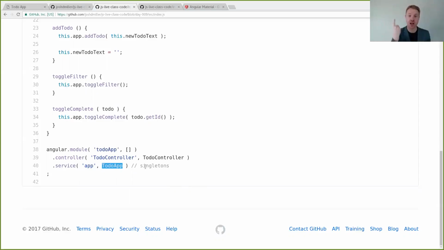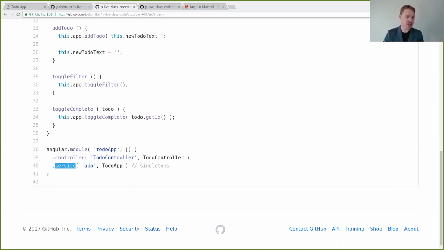It's only going to be instantiated one time. So we've just said that we have this service, right? Because think of model view control. A service is like a model, right? And if you think about it, that's really what our to-do app is. It contains some logic, but it's really just models, right? So you define those with services.